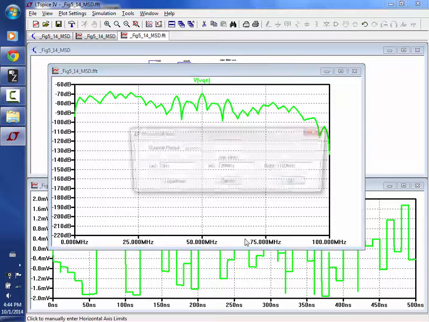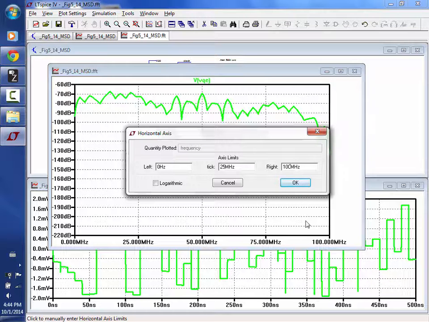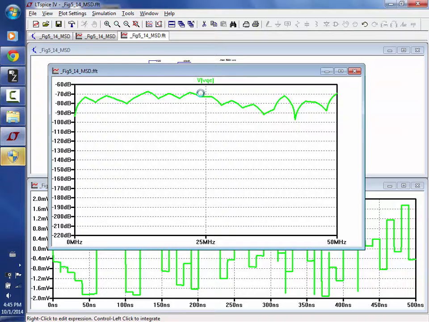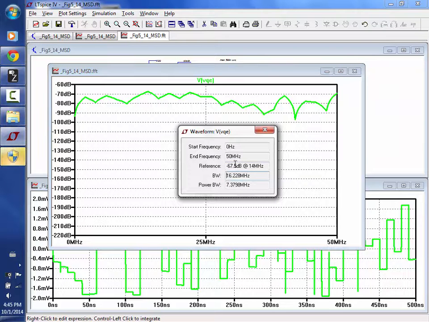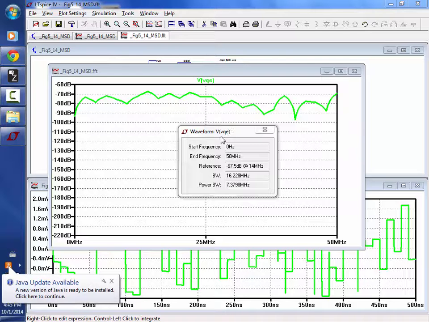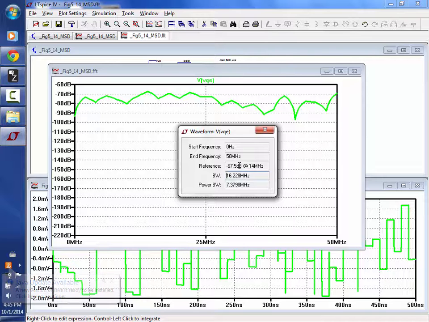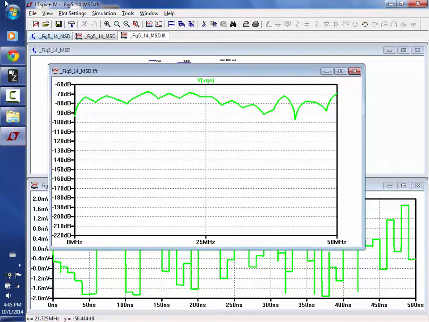And so I'm going to reset this to 50 megahertz. And then I'm going to measure the value. And so I measure 67 dB. What is that? Okay. All right. So I measure 67 dB. So I want to write that in terms of millivolts. Okay, and I'm going to do that on purpose. Before I do that, so let's just say 67. And remember, we're getting rid of some of the spectrum here. So if I do 67 dB,